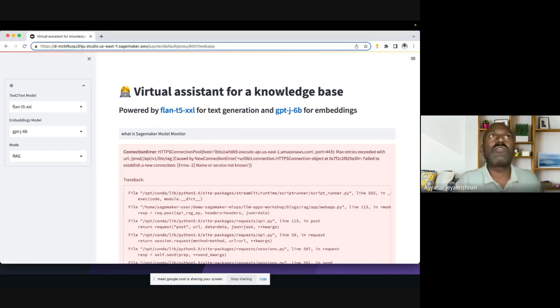So I'll try to run this demo. One minute. Any other question, guys? Meanwhile, I'm checking. So even if you're using a RAG-based model, if you're using SageMaker or keeping an open search,